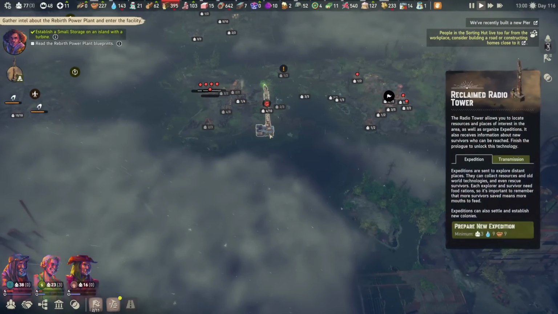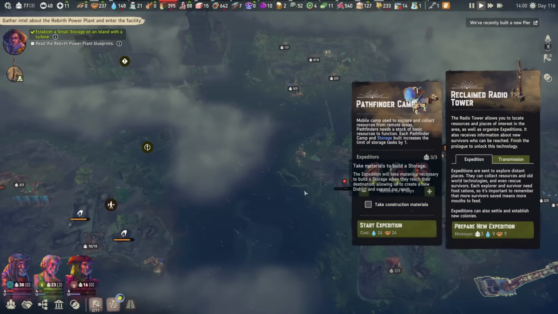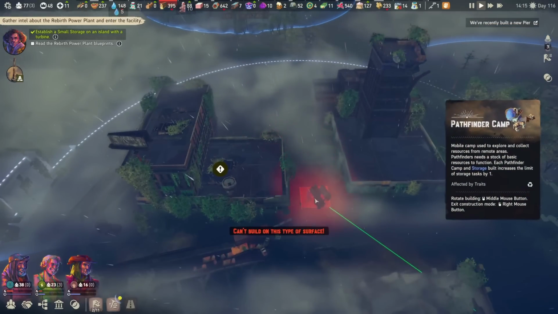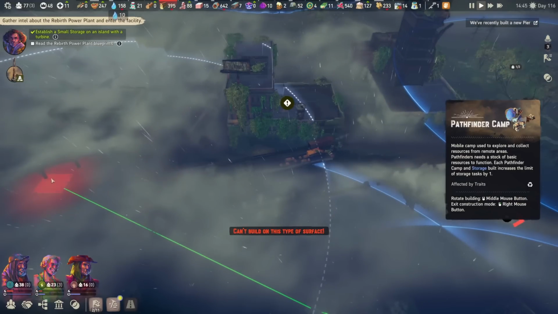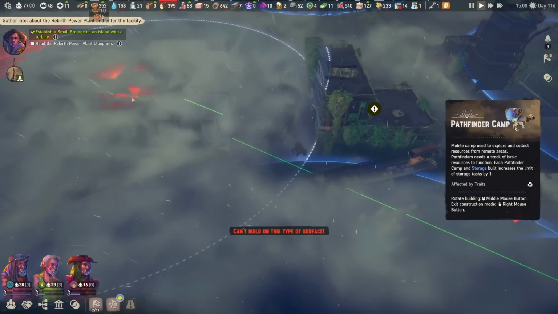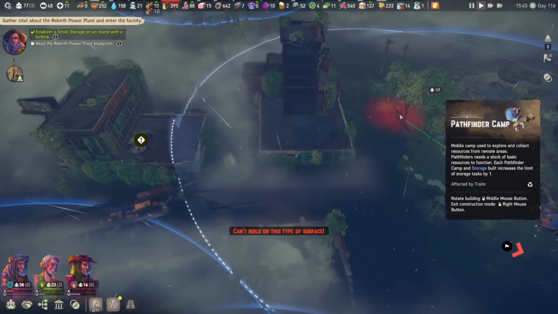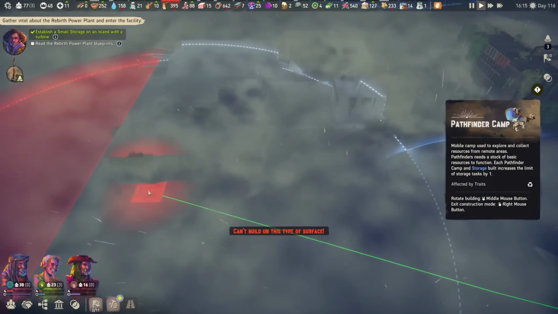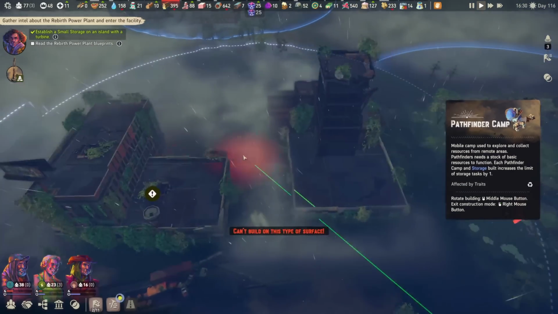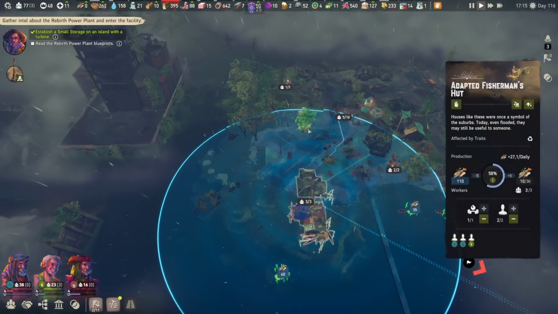Let's see. If I try an expedition. You, and you. I don't care for construction materials. I just want to see if I can find a spot to put down. And that's the tricky bit, because there seems to be no spot here, which I don't quite get. I mean, I can send them here, but that's the other island. So how do I explore this? Is it possible to set up, like...